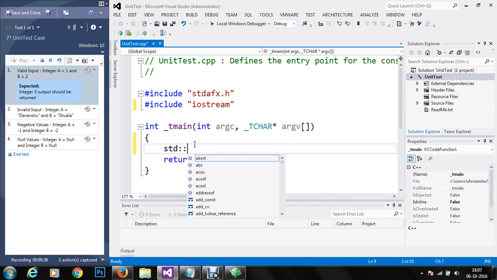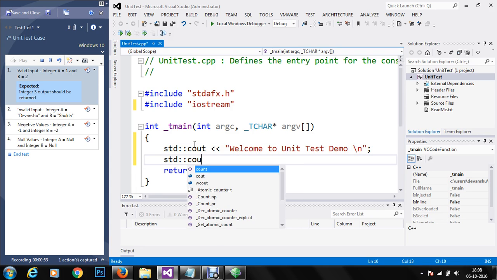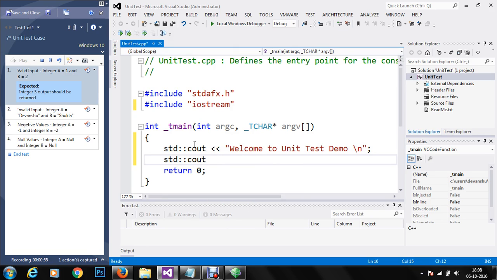First thing we would like to do is print out something like "welcome to unit test demo \n". Then we are going to print out something like "enter value for a \n".